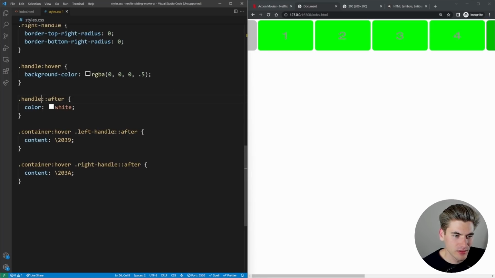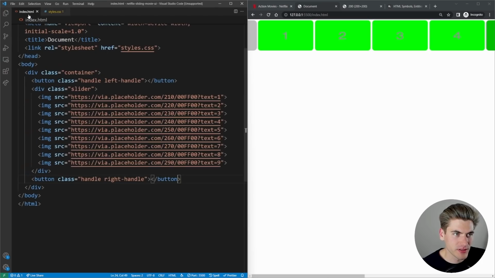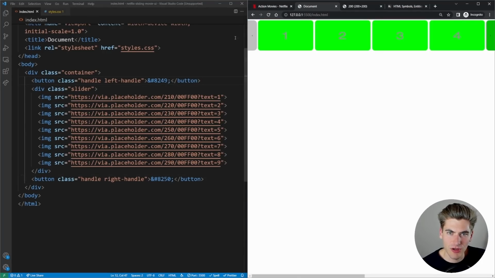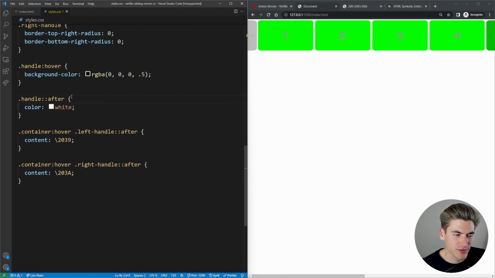A little bit unclear. Oh yeah, it's because we're using buttons, duh. So we can just swap these. I hate doing it as a div. One way we could get around this is we could use the HTML code. So we can just copy the HTML code here, paste it into here for the right side, left side. So now those should show up. There they are, very small, but we can increase the font size pretty easily.